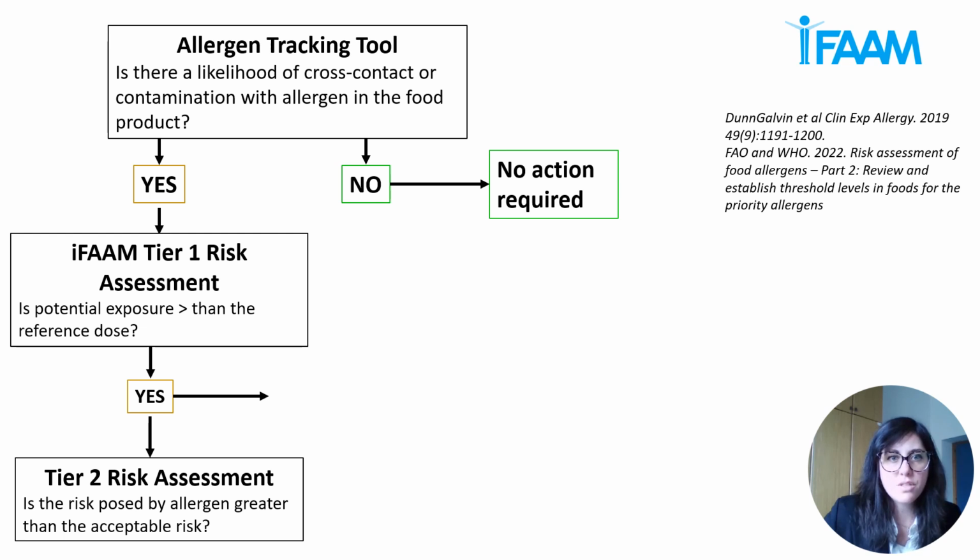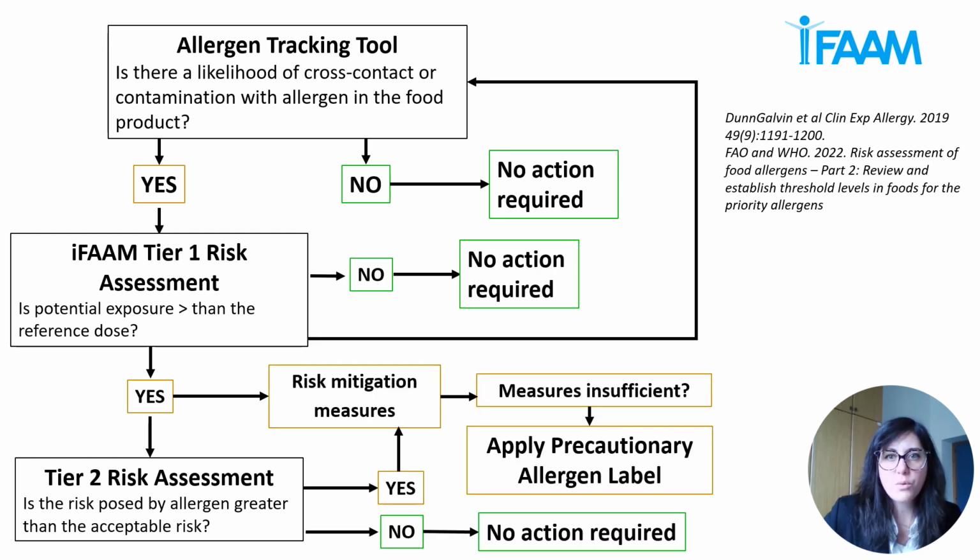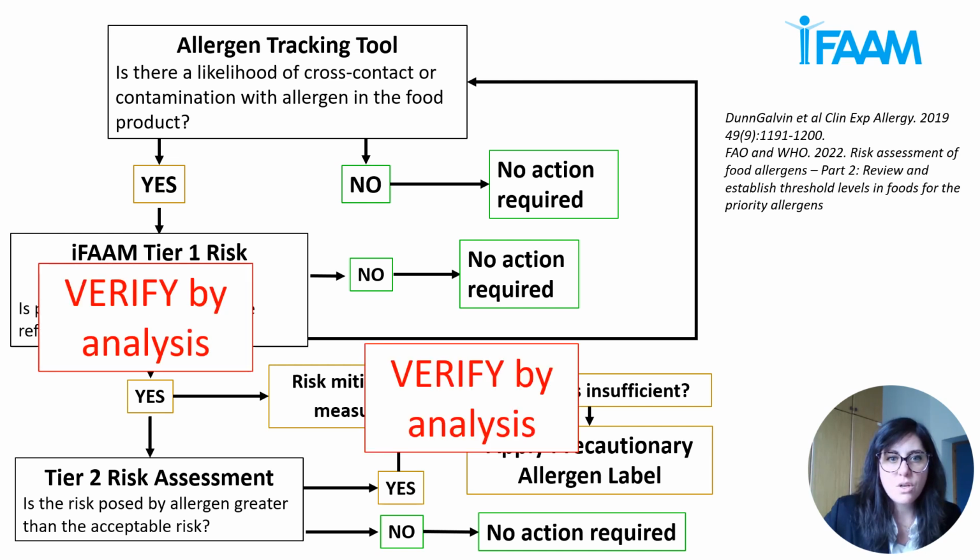The reference doses are then translated to action levels, which is the concentration of an unintended allergen above which action is required, by taking into consideration the average amount of food that is consumed. The action level defines the analytical measurand. So it is clear that accurate and reliable analyses are required to support the quantitative risk assessment. The key performance criterion for any method used for specific foods is a limit of quantification at least 3 times lower than the action level that has been determined for that food.